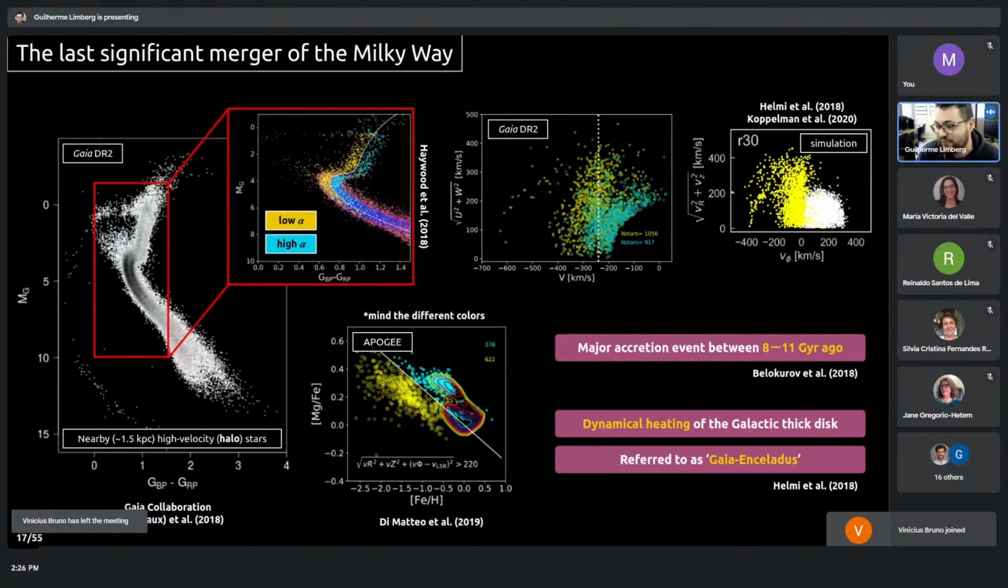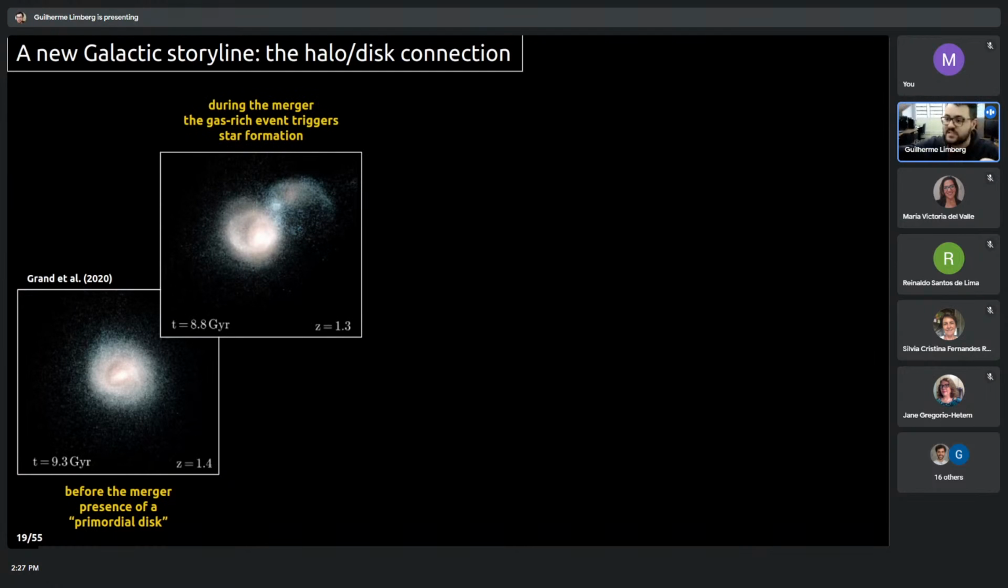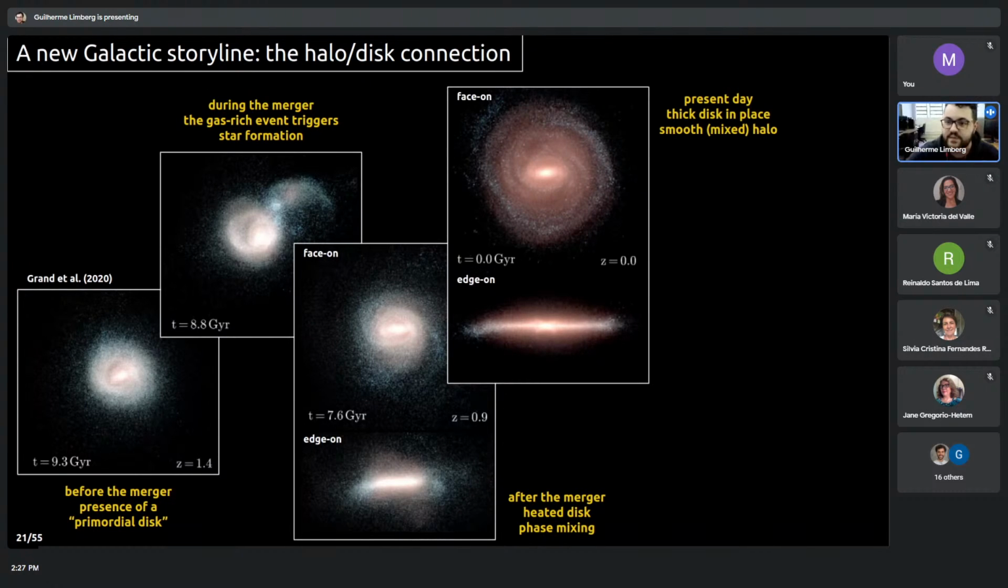So here is kind of a storyline of the Milky Way that we can construct with this scenario. Before the merging with this Gaia-Enceladus galaxy happened, we had the presence of a primordial disk in the Milky Way. And then here comes this galaxy, it crashes onto the Milky Way. This was probably a gas-rich merger that triggers star formation. And then after the merger, we have the formation of this heated portion of the disk, forming this in situ counterpart of the halo alongside the accreted portion of the halo,